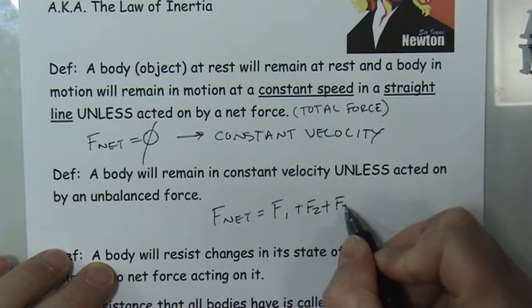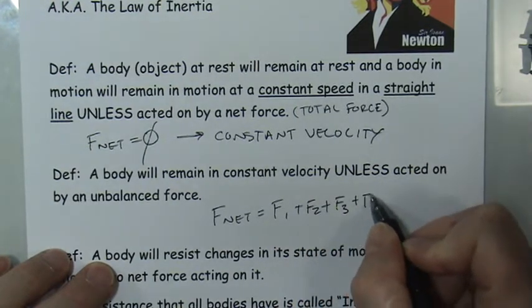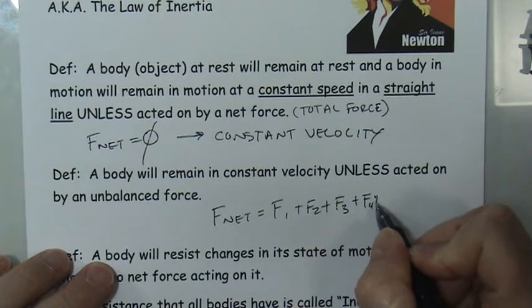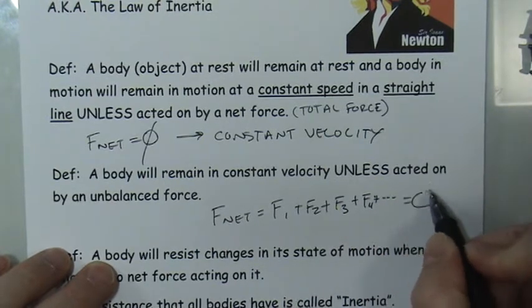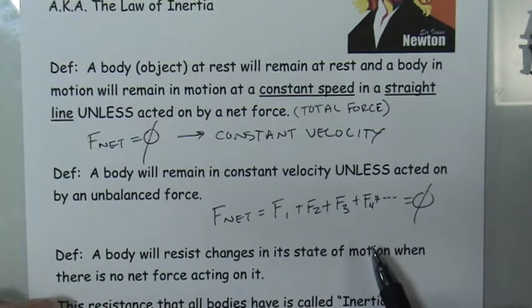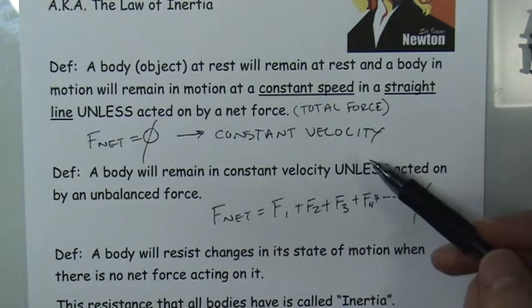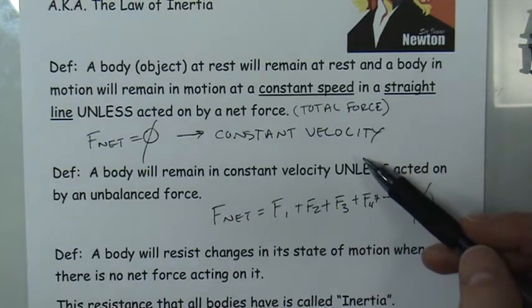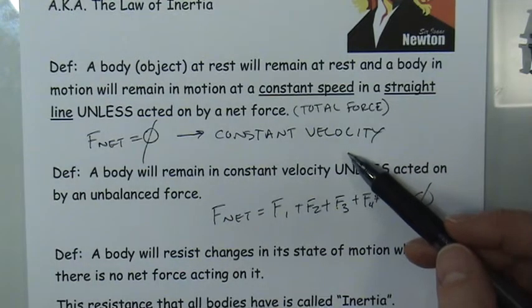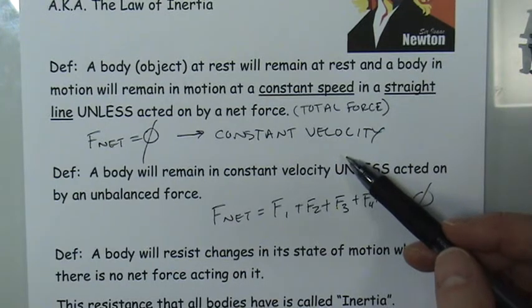So we look at all the forces that are acting on an object, and make sure to identify every single force. And when we add up all those forces and they add up to 0, then the result will be that the car will travel with a constant velocity. Now, you won't know what that velocity is necessarily because the law doesn't tell you what velocity you'll have. So a car traveling at 5 miles per hour has a 0 net force acting on it.